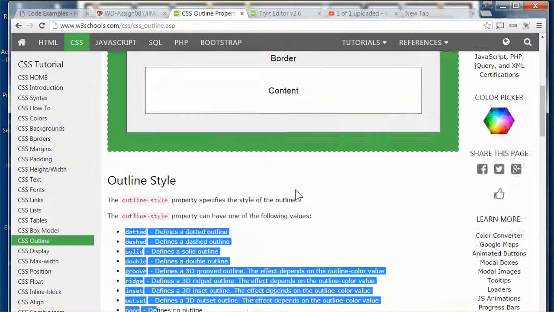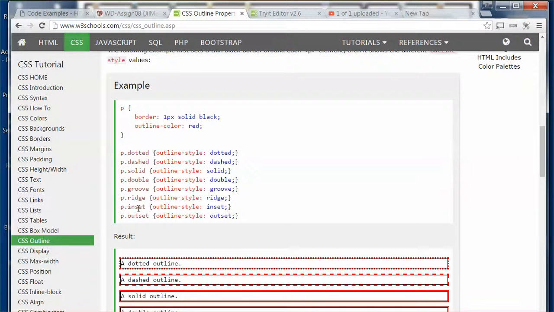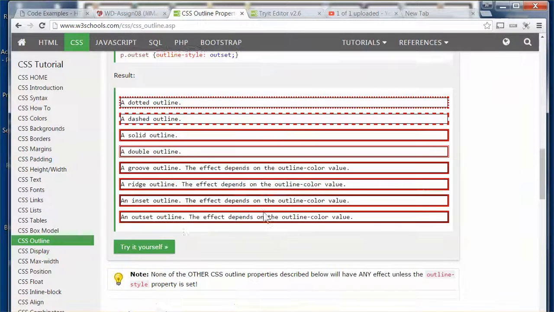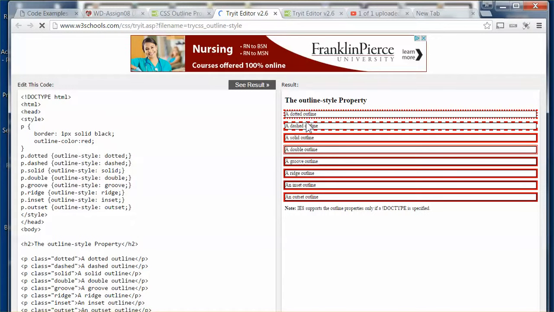And if we, no, not that one. So here is the code for that. I've given it one of each, not me, but somebody has. I click on the Try It editor. This is what the text is going to look like. This is what it looks like now. If I wanted to change this border from a 1 pixel to a 10 pixel,